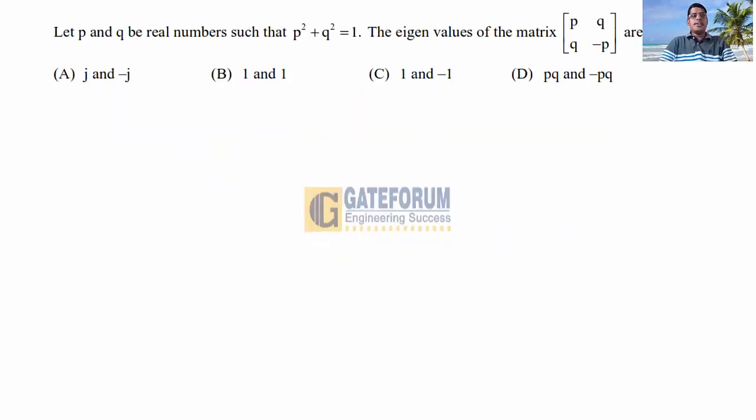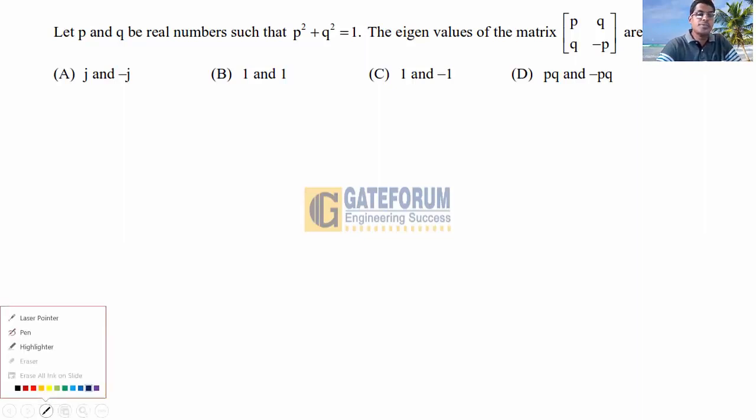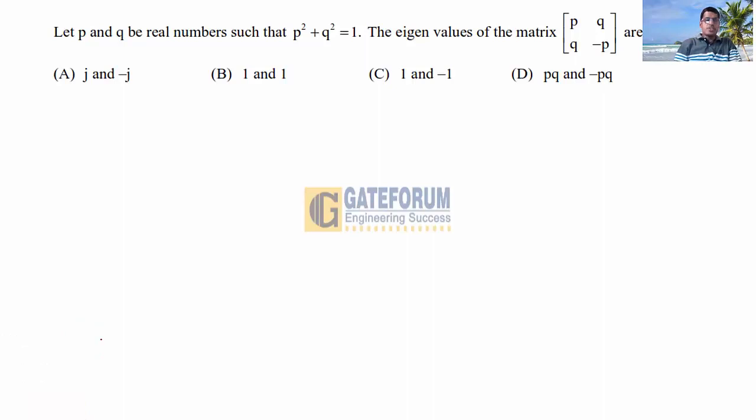The question is let P and Q be real numbers such that P square plus Q square is equal to 1. The eigenvalues of the matrix P, Q, Q, minus P are four options A, B, C, D given. This question is from engineering mathematics, from the topic linear algebra, subtopic eigenvalues. The solution is